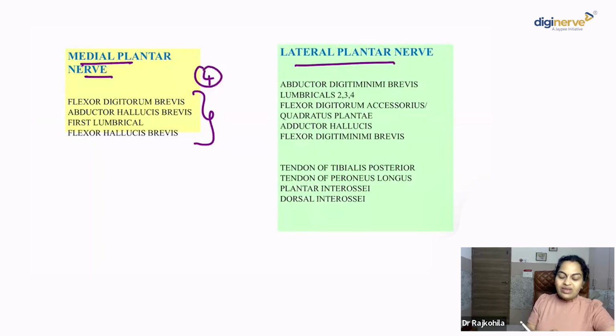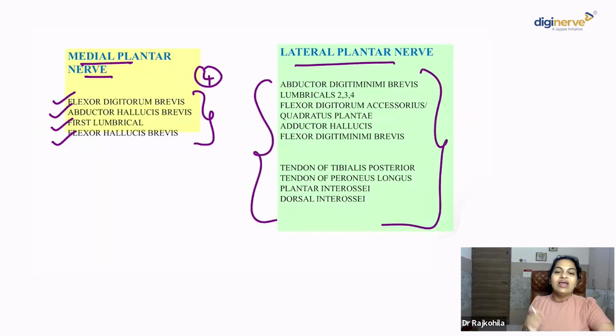What are they? Yes, the flexor digitorum brevis that we saw in the first layer in the center, the abductor hallucis that we saw in the first layer, and then the first lumbrical, and in the third layer we saw one in the great toe, right? The flexor hallucis brevis. Okay. So to the great toe, we have the abductor hallucis, flexor hallucis brevis, the first lumbrical, and the flexor digitorum brevis. All these are innervated by medial plantar nerve. All the rest, yes, you can take, it's the lateral plantar nerve.